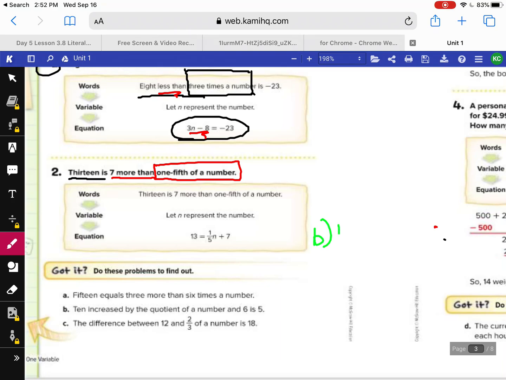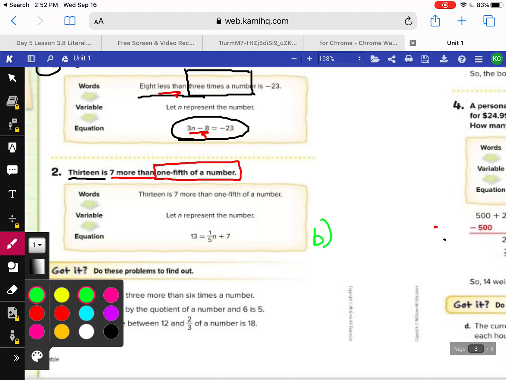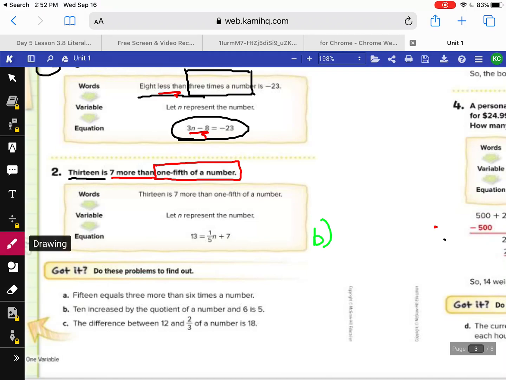Now we know 10, okay, but because I don't know the rest of it, I'm actually going to hold off on, I don't know, maybe it comes first, maybe it does come second. Not too sure yet. Let's take a look. 10 increased, so we're going to do some addition. 10 is increased by